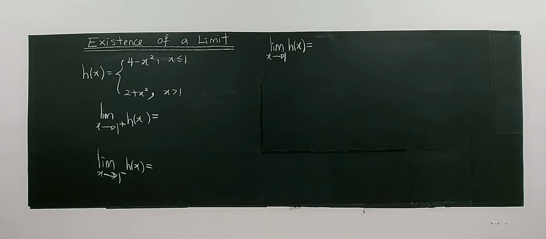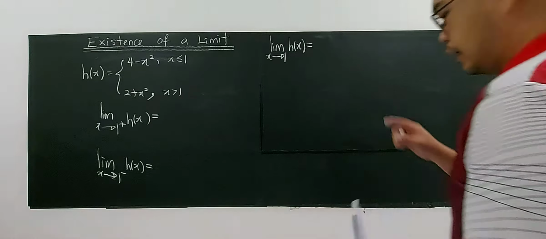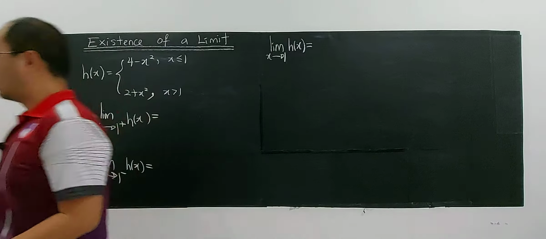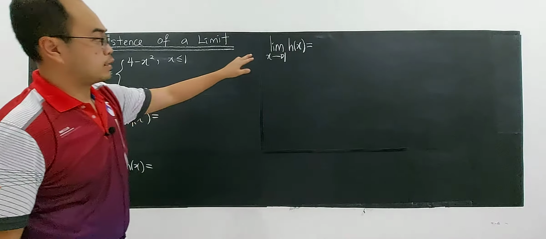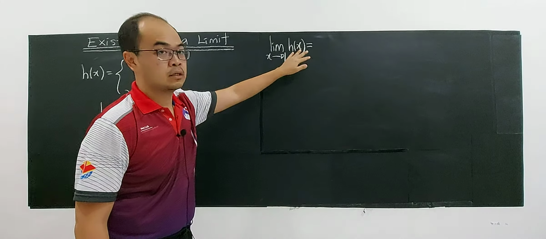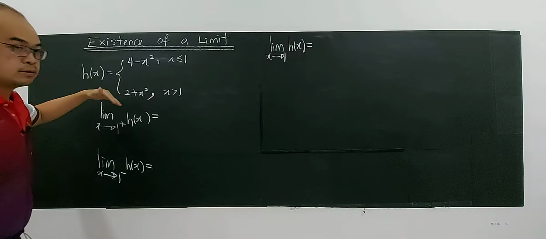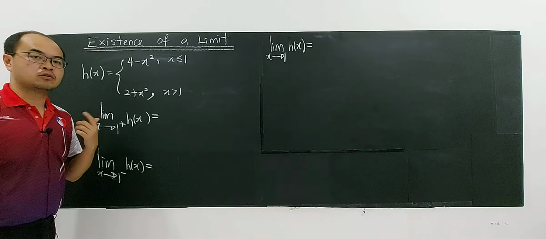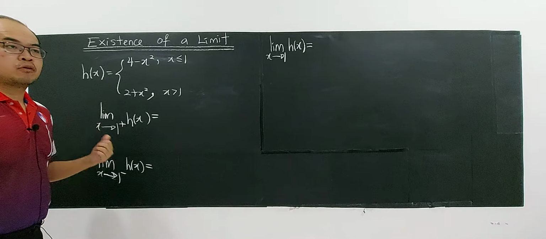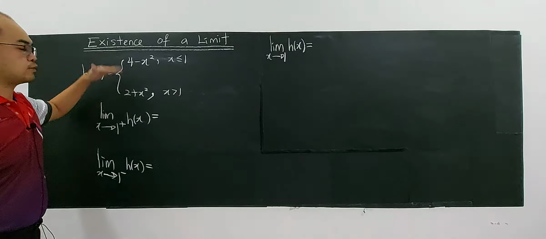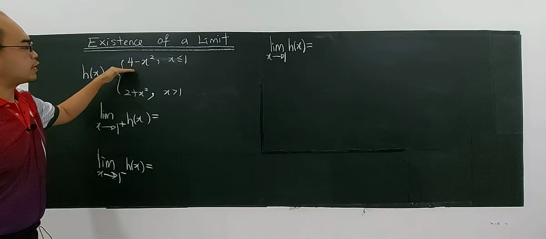Hello. Alright, this will be the second video for the existence of limits, the concept of existence of limits. You know that a limit exists if and only if the two one-sided limits agree. For example, you want to find the limit as x approaches 1 for h(x). For this type of function, either a modulus function or a piecewise function, as you know, a modulus function can be written as a piecewise function. Because they have different functions